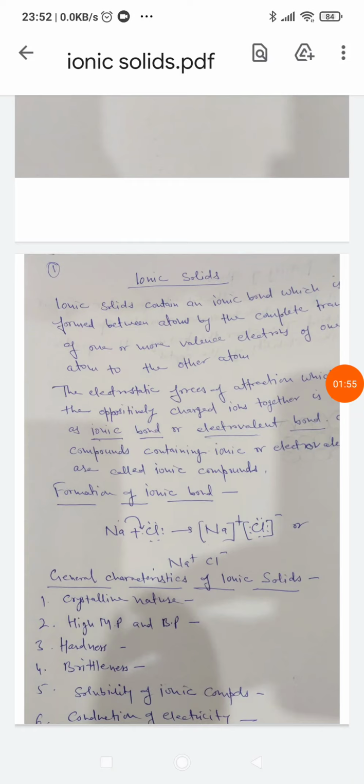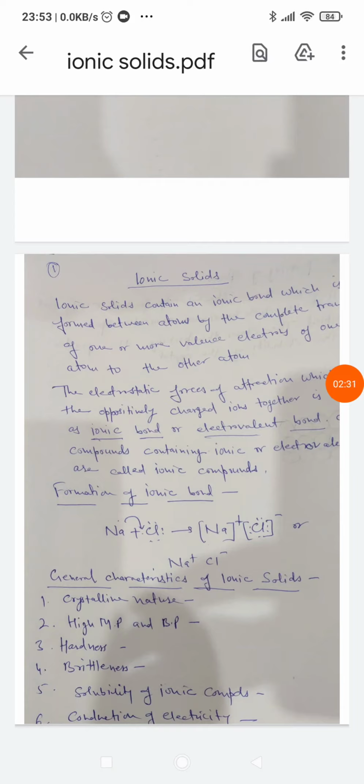Sodium atom has only one electron in the valence shell, and by losing this electron it can acquire the stable electronic configuration of neon. On the other hand, chlorine atom has 7 electrons in its valence shell and needs only one electron to complete its octet. Thus both the atoms can complete their octet if sodium atom gives one electron to chlorine atom. This tendency is responsible for bonding between sodium and chlorine